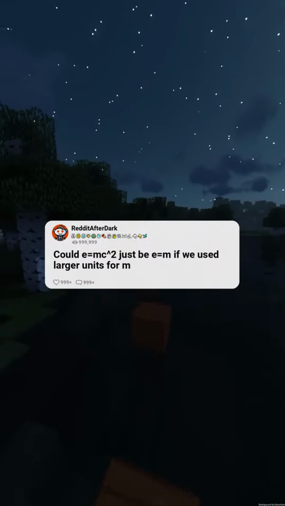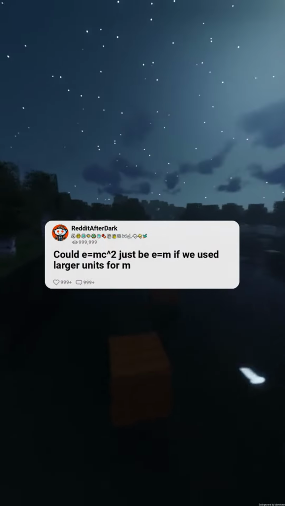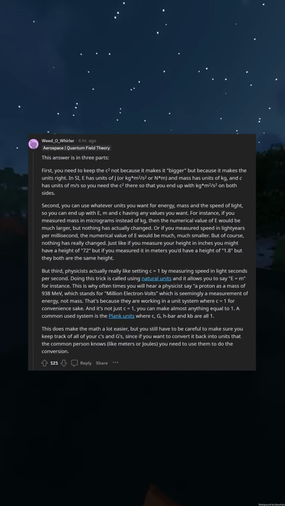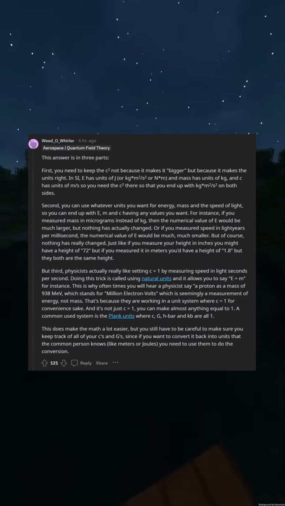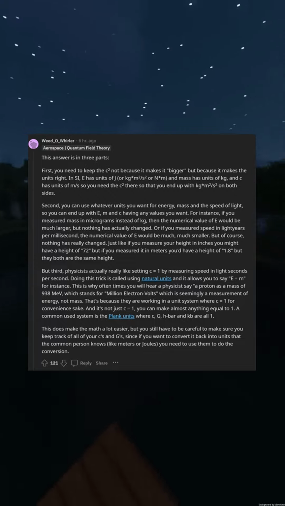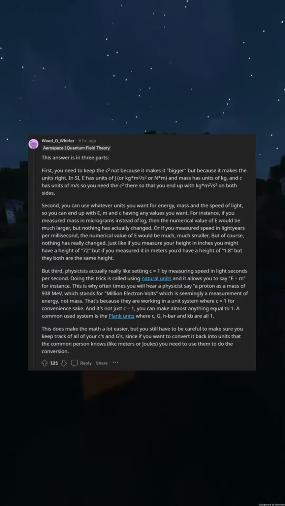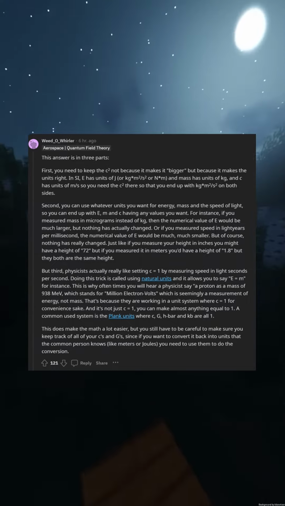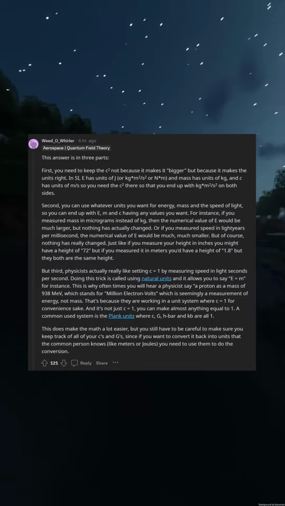Could E = mc² just be E = m if we used larger units for m? The answer is in three parts. First, you need to keep the c², not because it makes it bigger, but because it makes the units right. E has units of joules, or kg m²/s², and mass has units of kg, and c has units of m/s, so you need the c² there so that you end up with kg m²/s² on